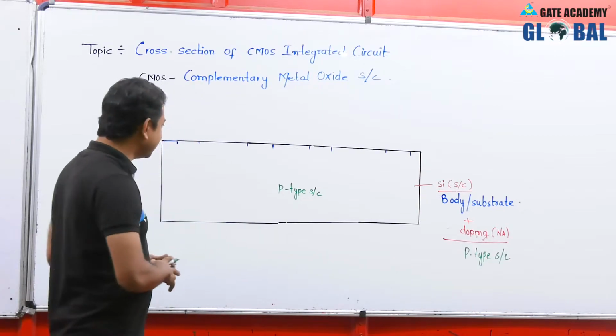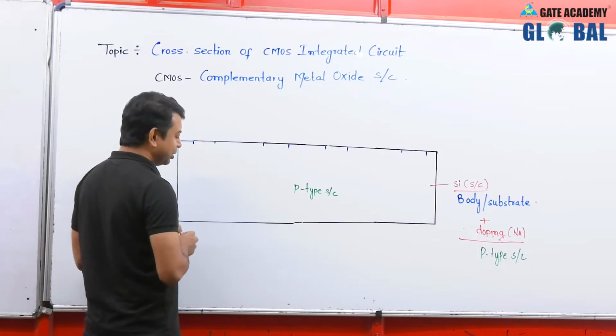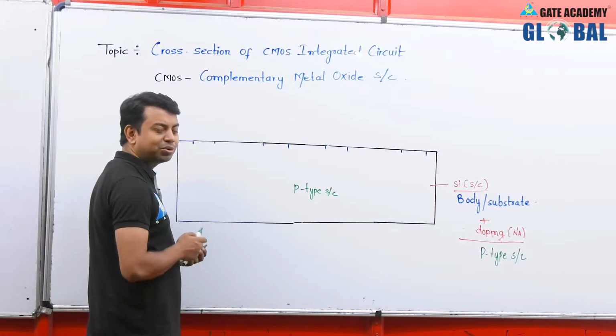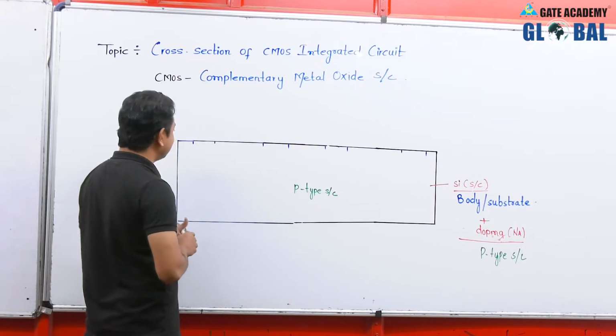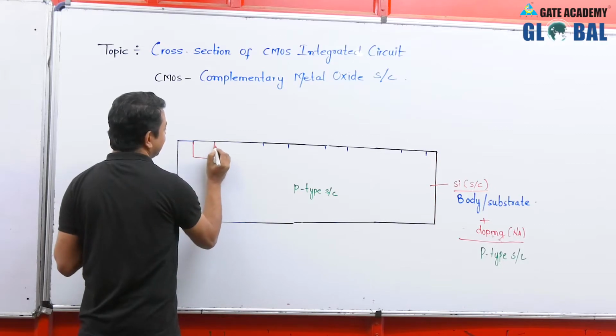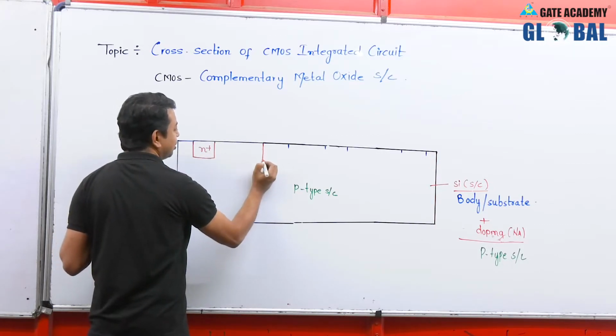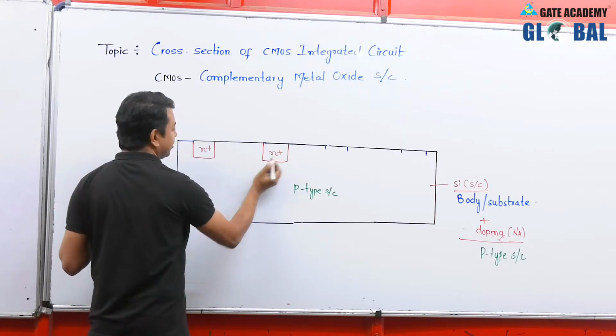And in this semiconductor, we have selected one of its sides, and on this one side, we are going to implement, or create, an NMOS. So for getting an NMOS structure, what we have to do is select a small portion like this, and this is heavily doped N plus region. A small portion like this, and we are going to dope this with N plus region only.